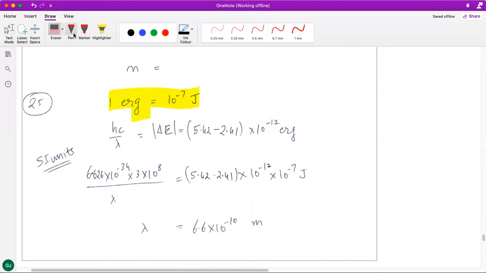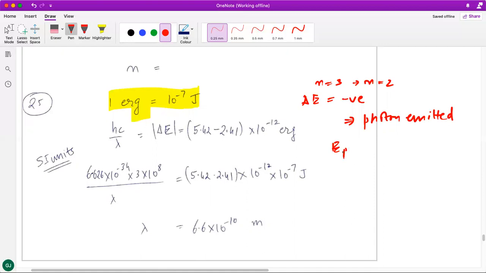is in the following manner, and then you have been given that the energy of the second and third orbit is given to you. So if a de-excitation is happening from 3 to 2, okay, the delta E will come out to be negative. We are going from n equal to 3 to n equal to 2, so your delta E will be negative. Okay, what does the negative sign imply? That means the photon is emitted, right? So what you can do is write the energy of the photon as the mod value of delta E.